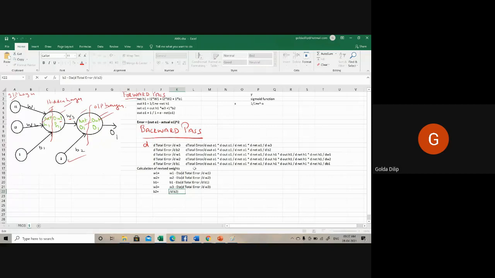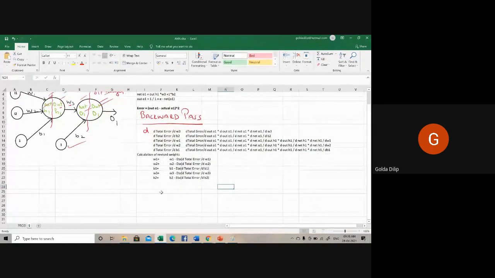Okay, so in backward propagation, what you're basically doing is revising the weights with respect to your algorithm. That is by making use of your chain rule. That's what you have done. So now one forward pass and one backward pass is over. Now you need to perform the forward pass again.